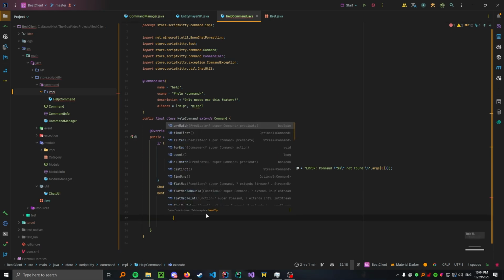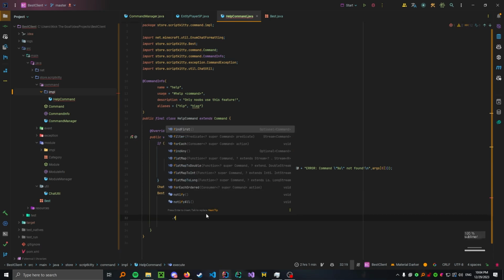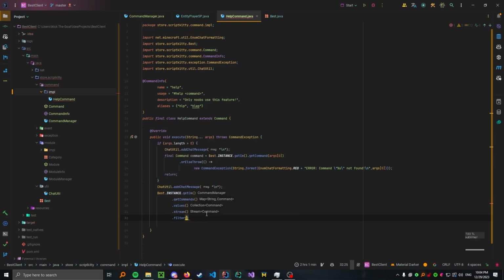Stream dot filter for each command, if the command is an instance of help command, dot for each